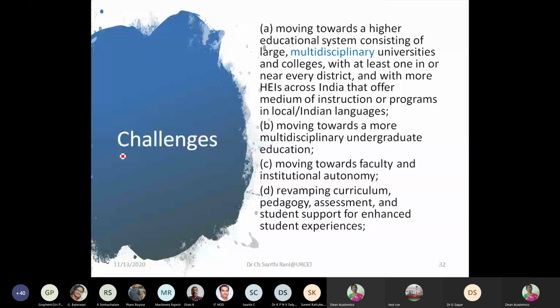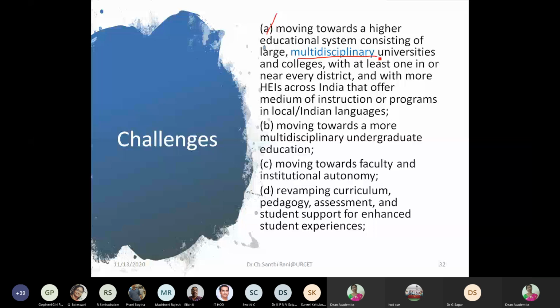Let us see some of the challenges. I cannot say some, almost many of the challenges that were quoted in the NEP document I have highlighted here. So I want each and every faculty member of our institute to know about all the challenges and all the policies, and what problems our educational system is currently facing. Okay, let us see the challenges that our country is going to face because of this NEP 2020. The first challenge: moving towards a higher education system consisting of large